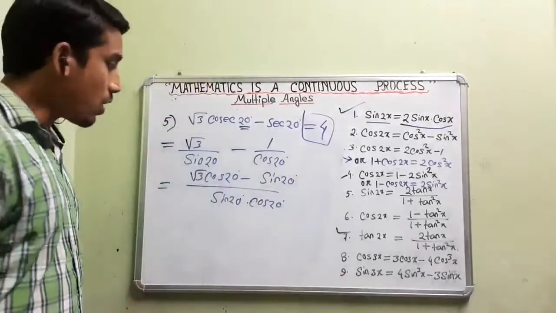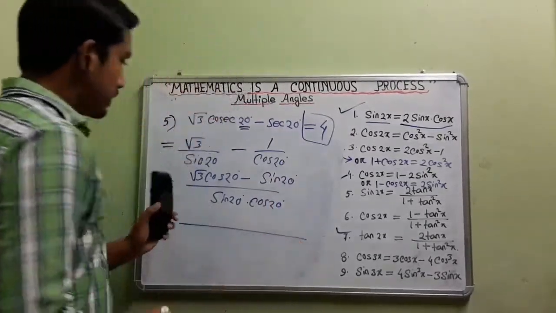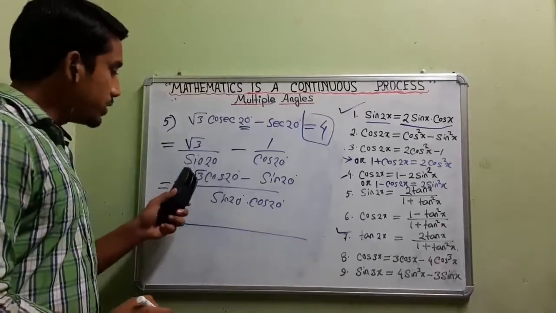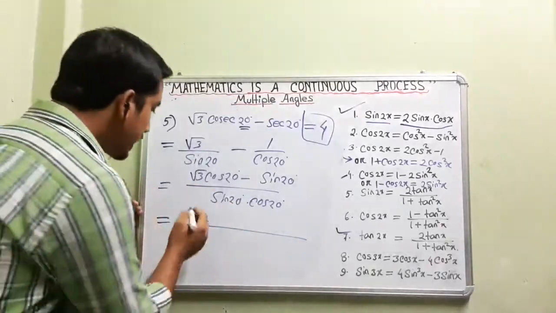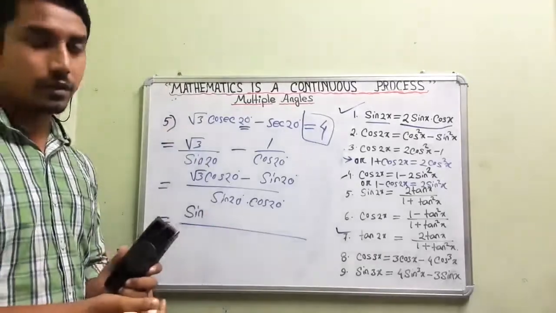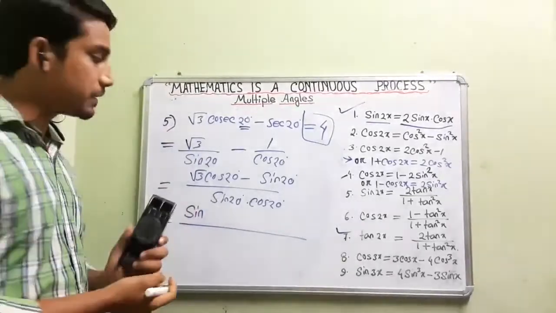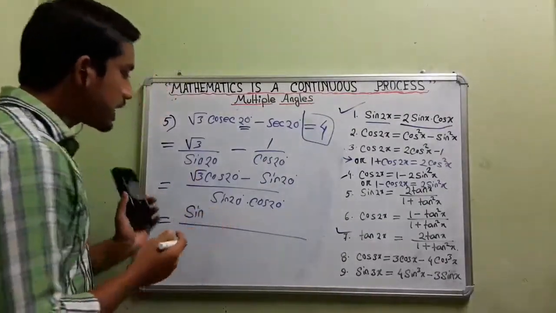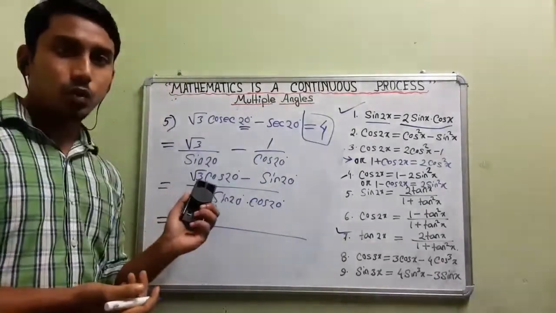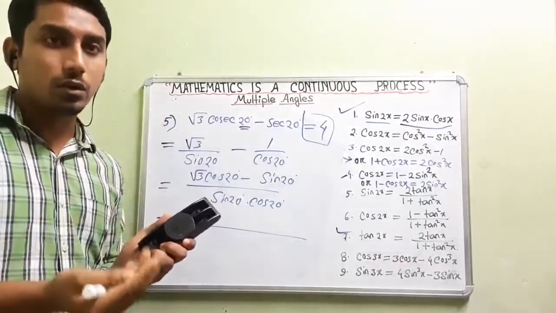Now the main part. In this line, you see, cos 20 into root 3 is there. Root 3 we can write as sine of something. What can we write? Root 3 is sine of what degree? Is it anything? Root 3 is some value, but root 3 by 2 is there. Root 3 by 2 has some value for sine.